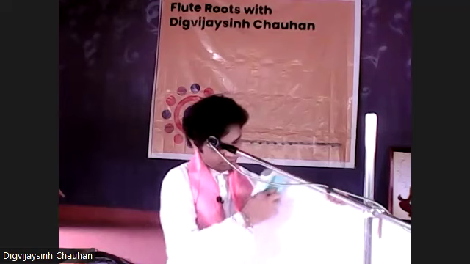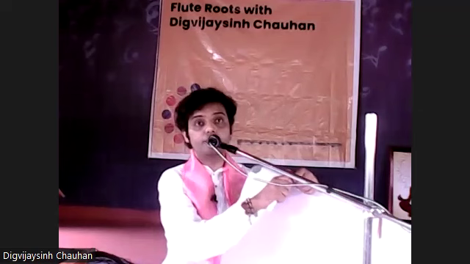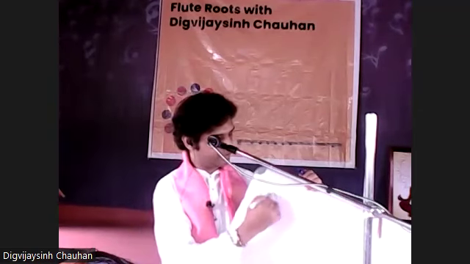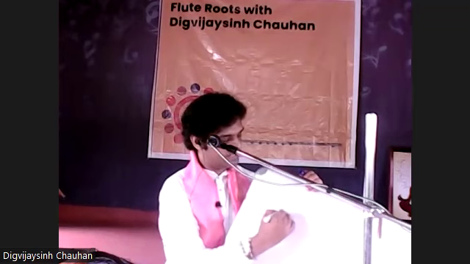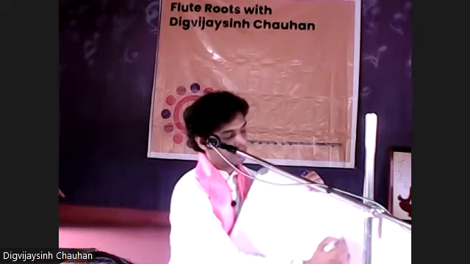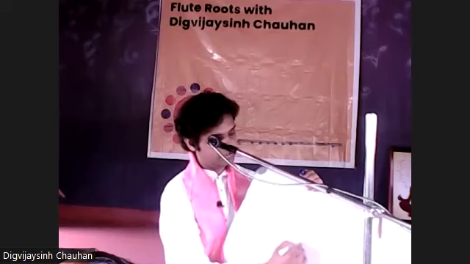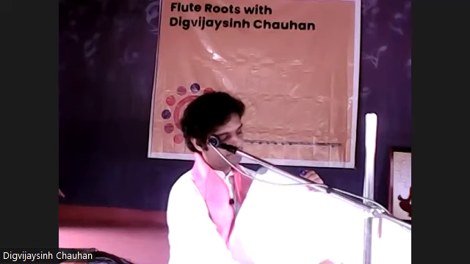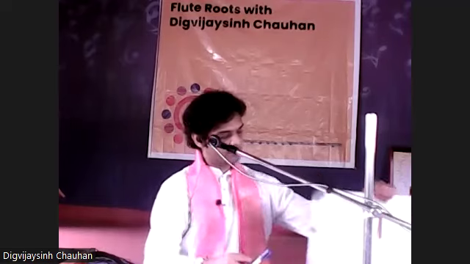For Yaman, actually it's a Sampurna raga. What does it mean when I say Sampurna? That is, 7 notes will be there in ascending, and 7 notes will be there in descending. So Yaman ascending is Sa, Re, Ga, Tivra Ma, Pa, Dha, Ni, Sa. Descending: Sa, Ni, Dha, Pa, Tivra Ma, Ga, Re, Sa. Okay, like this.